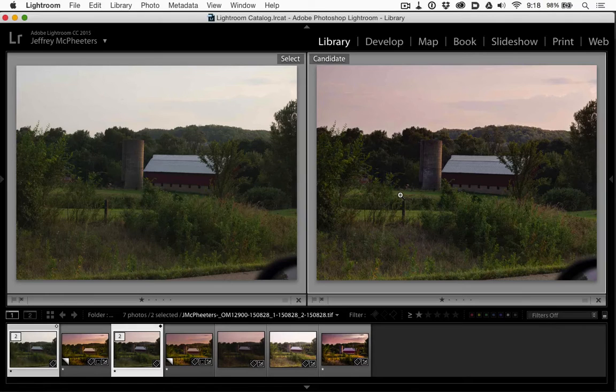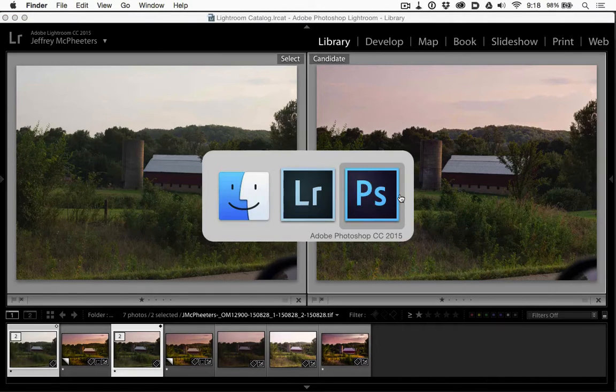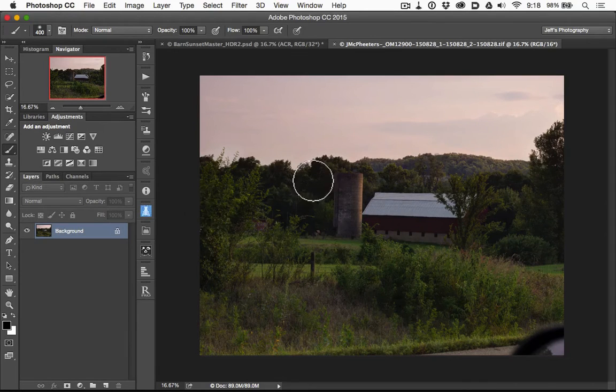So if I take that into Photoshop, I can see right away, well, there are things that bother me about the image. It's not quite vertical here, the Leaning Tower of Silos, and it's fairly flat, and the sky is lacking in